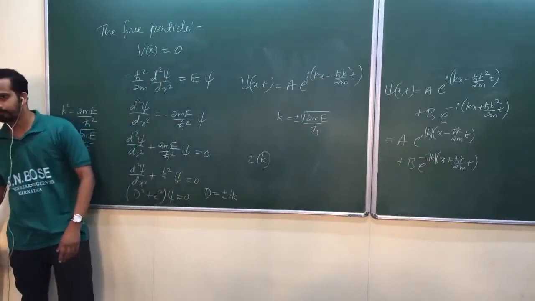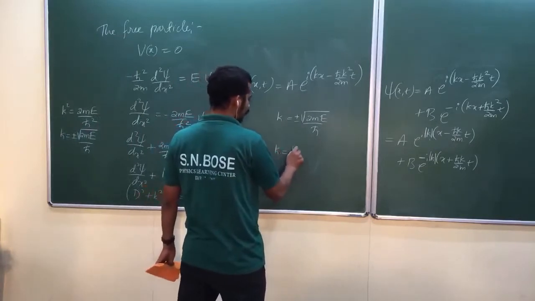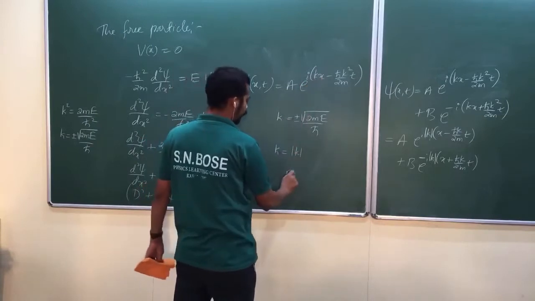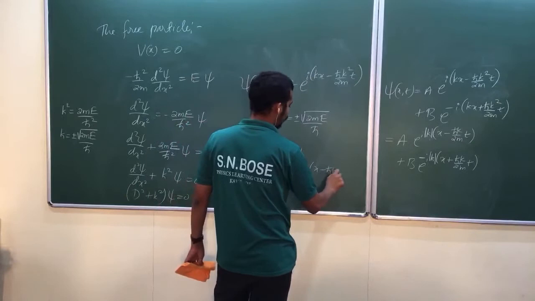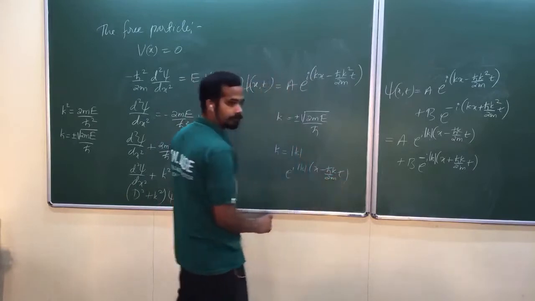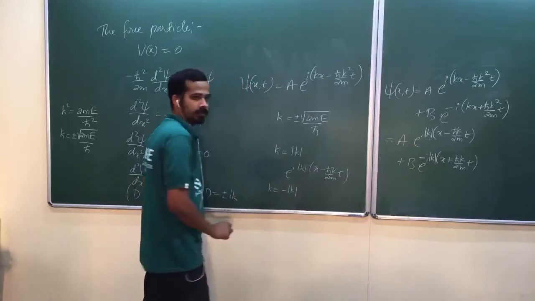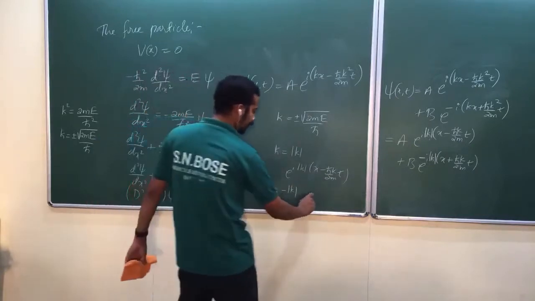When k is positive, k I'm going to write as mod k. Then what would happen? e power i mod k x minus h bar k by 2m into t. When k is negative, let me write k as minus mod k. Then what would happen? e power,